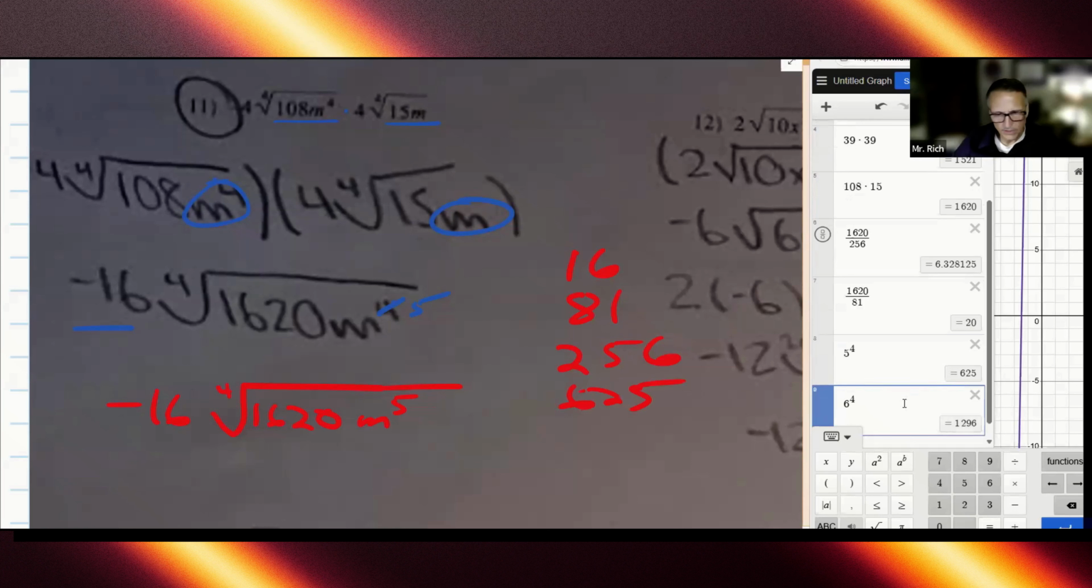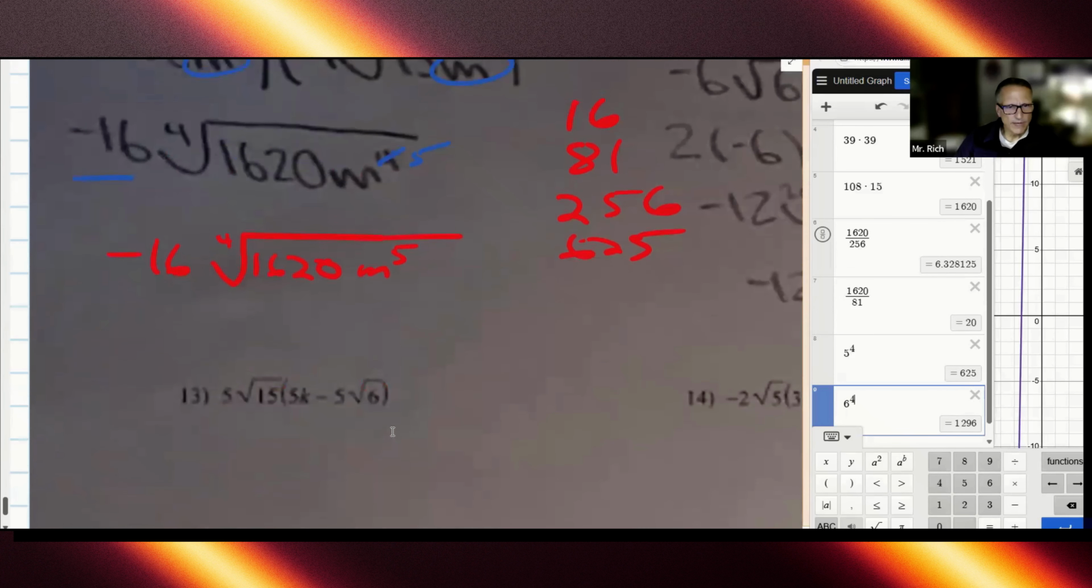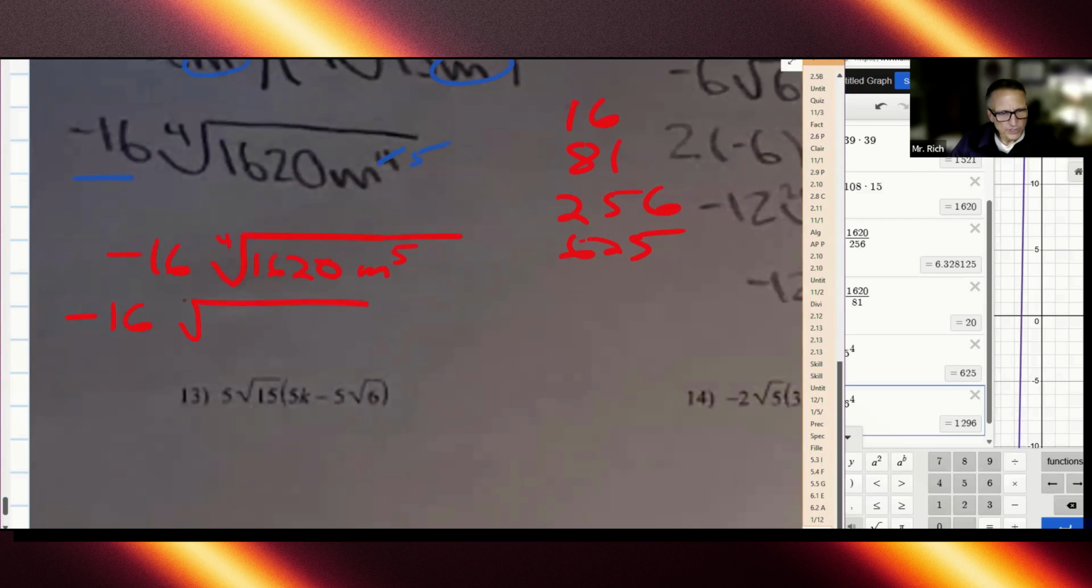1296. No, that's not going to work. Anyways, but we got 1620 divided by 81 is 20. No, that worked. Okay, I got it. So what we're doing here now, Amber, is we're saying we've got negative 16, and we just factored the 1620,